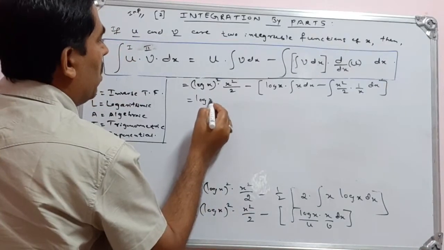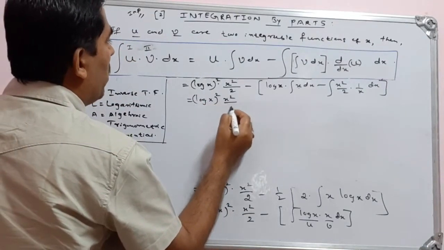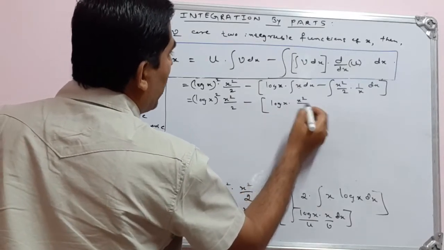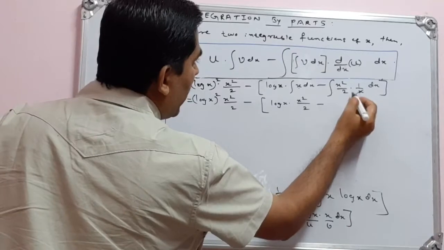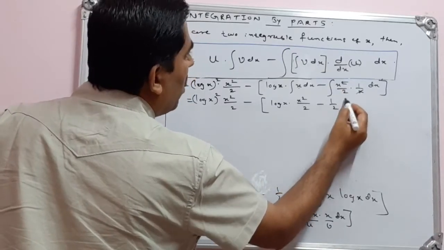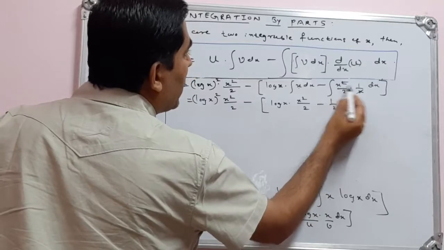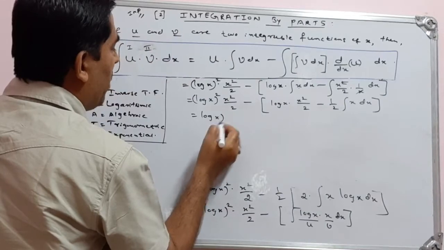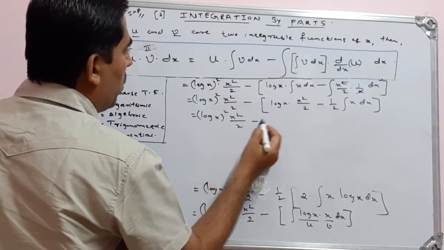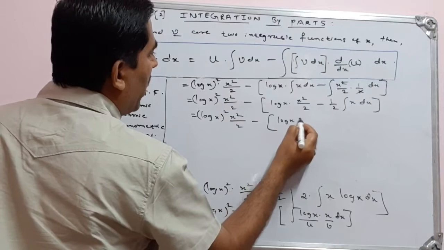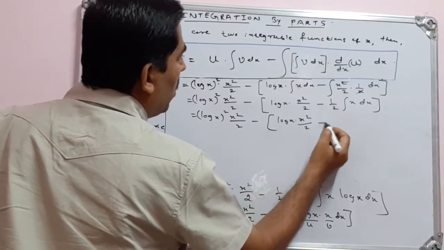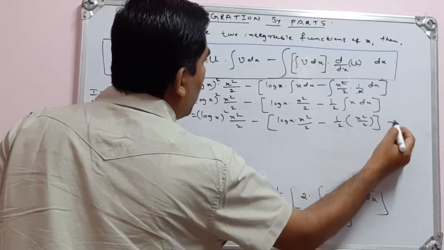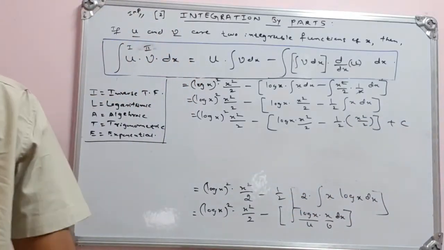So then that is log x whole square into x square by 2 minus, okay, log x into this integration of x, which is x square by 2, minus, so this x gets cancelled, you take this 2 outside, and then integration of x is left over, integration of x with respect to x. Then you write all the things the same. So I have to copy this, then log x into x square by 2 minus half into integration of x, which is x square by 2, plus constant of integration.